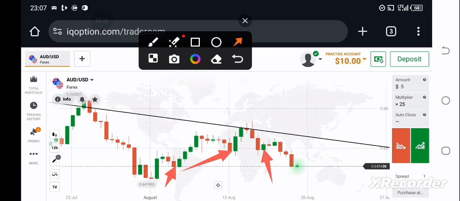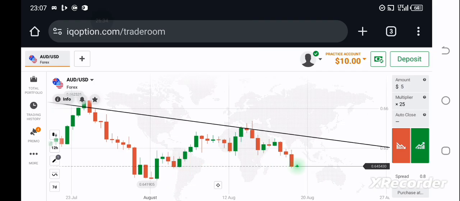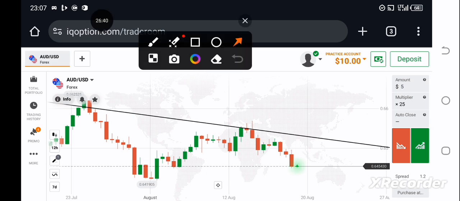Because of this particular level, we can expect the buyers to also, we can expect maybe one or two bullish candlesticks here. Then the downtrend will continue. Okay, it may move like this. And then downward. Okay,